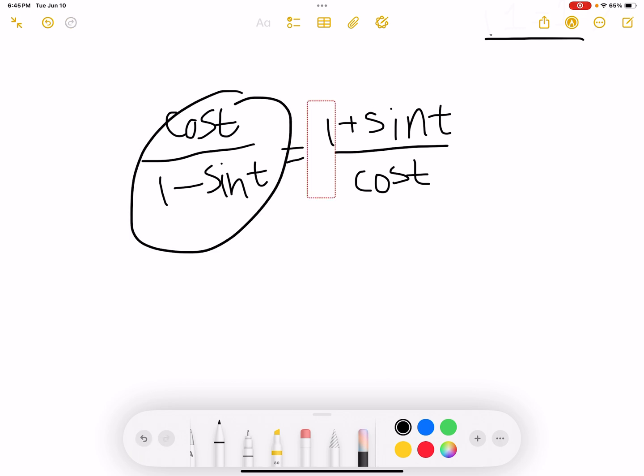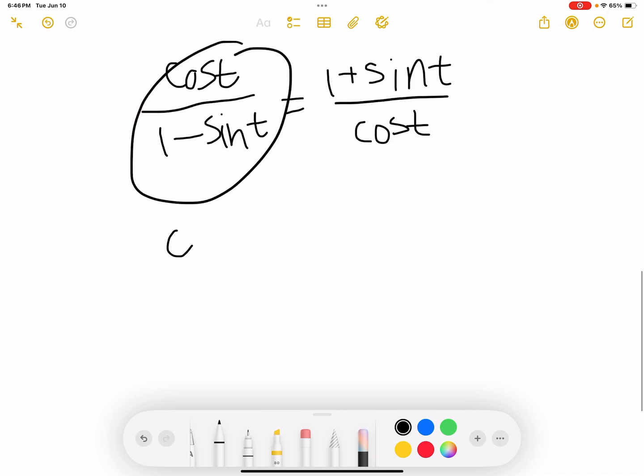As you can see, with this problem, I'm going to choose the left-hand side, because to me, I feel like I can work with it more. And before you attack this problem, you want to ask, what identity do I already know? And do I see something similar in this problem? So if we take the left-hand side specifically,